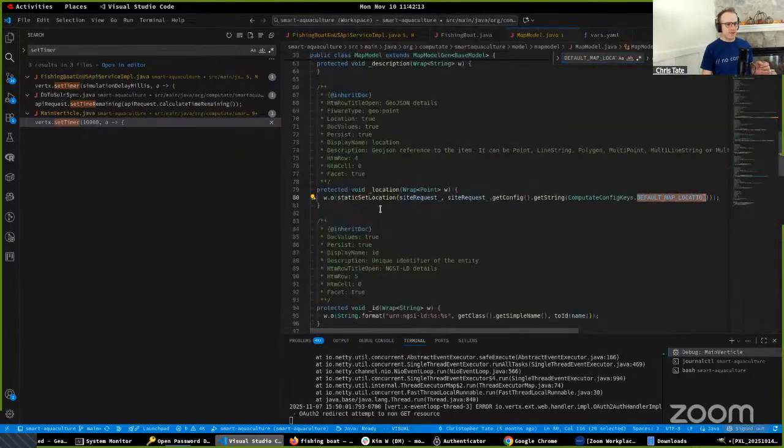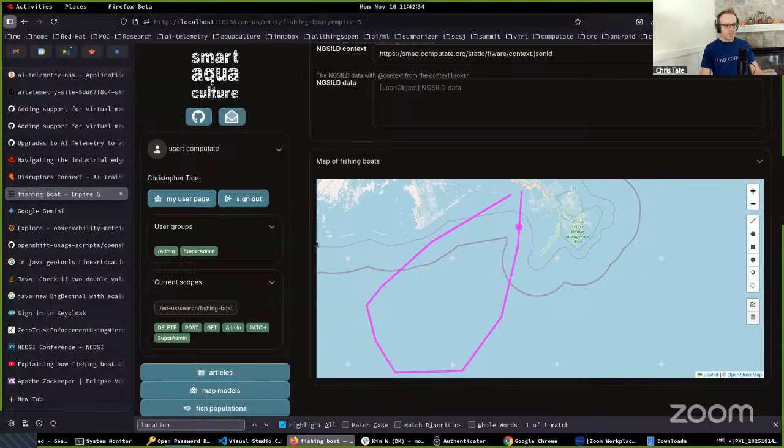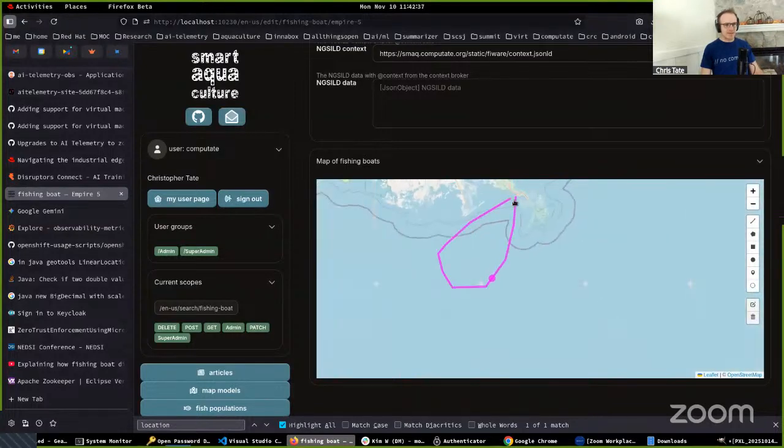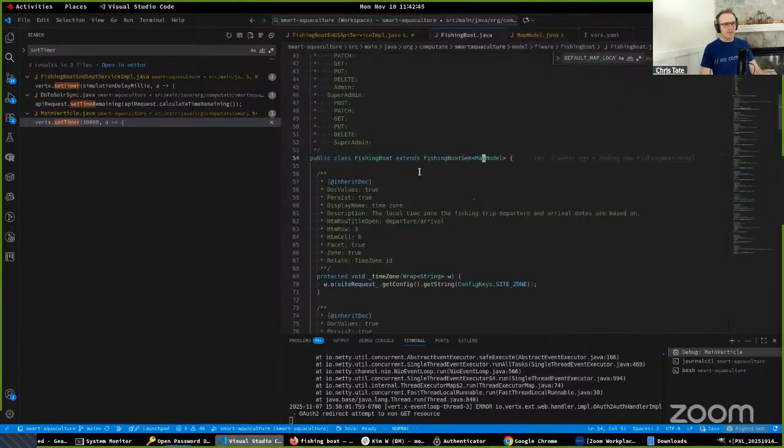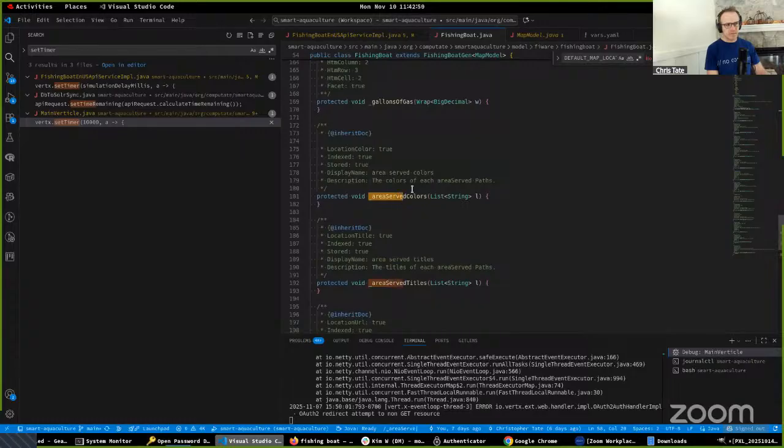So we have location, and something that I did last week was there used to be a field in here called area served, but the problem is some models use an area served that's a polygon on the map, and some, like FishingBoat, use a line string. So this is a line string with multiple points in a line. So I had to move it out so that you can specify what it is. So if you look in here, area served,